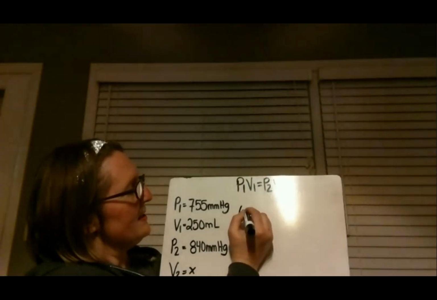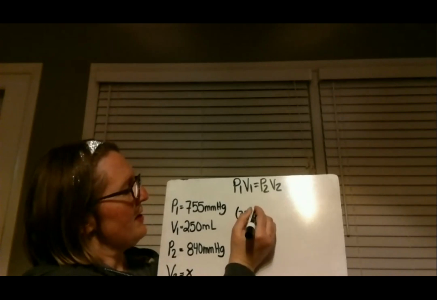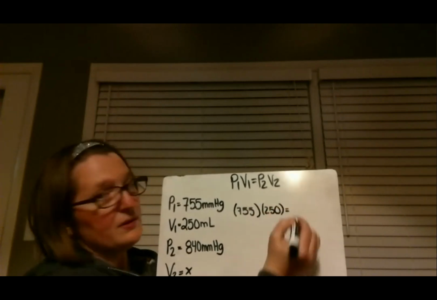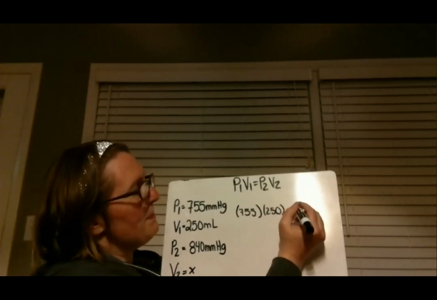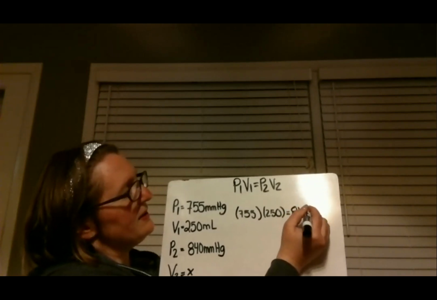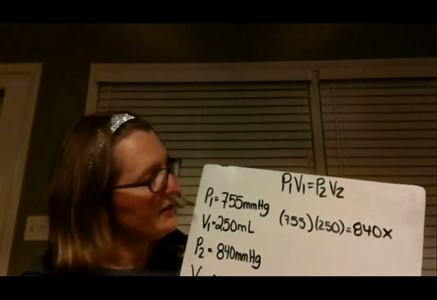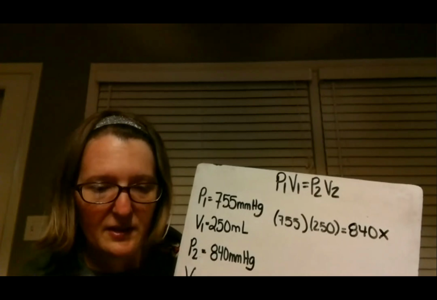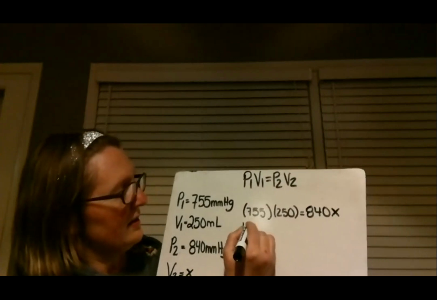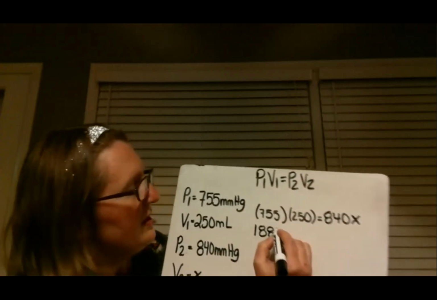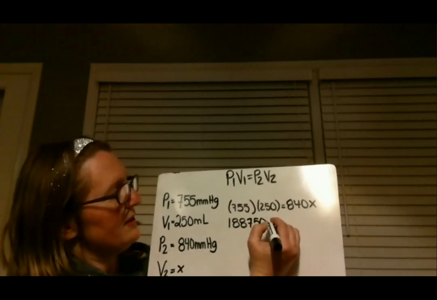So I'm going to take 755 times 250 equals 840x. So I'm going to multiply 755 times 250, and I get 188,750 equals